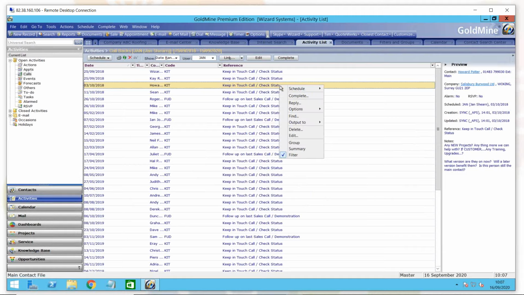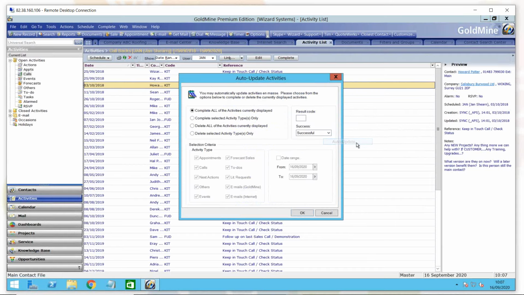The other second option, then, if you want to do something more permanent with those activities, in all recent versions of GoldMine, there's the auto update feature. Few more options here. You can see them all. So we could complete the activities currently displayed in that activity list. That's not just the visually displayed, but using the scroll bar, all of the activities that you can view in that list. You probably wouldn't do that, because if they never took place, then you probably wouldn't actually select that